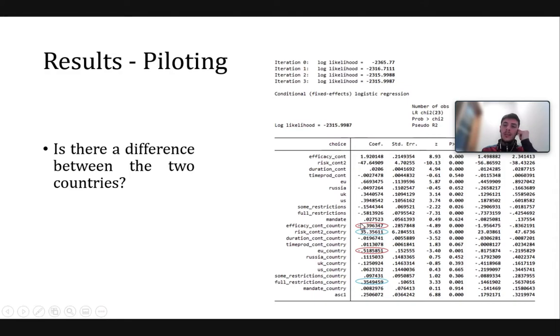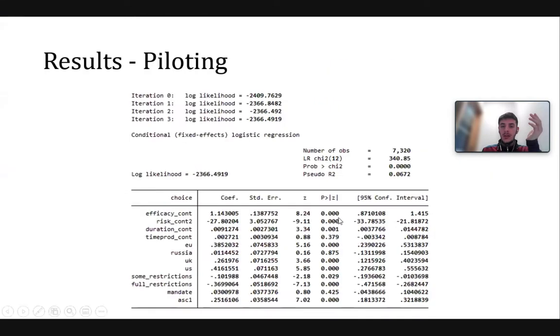So basically this is positive for all, but then for the US is relatively less important, okay? Same thing we can say for the risk. For the US, this is positive. That means that minus 47 plus 35 is clearly a lower amount than the parameter that we estimated before, right?